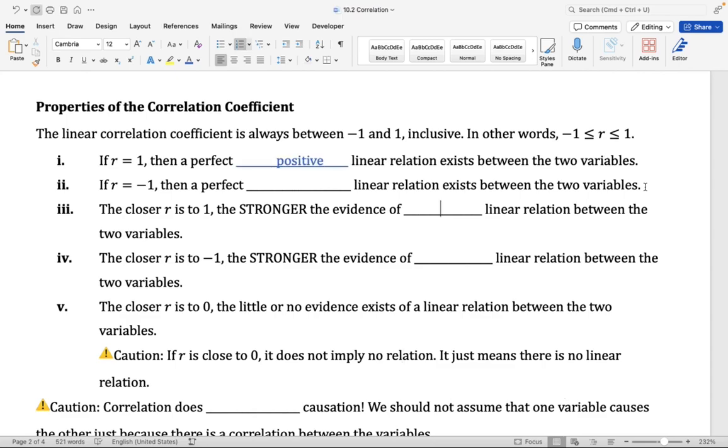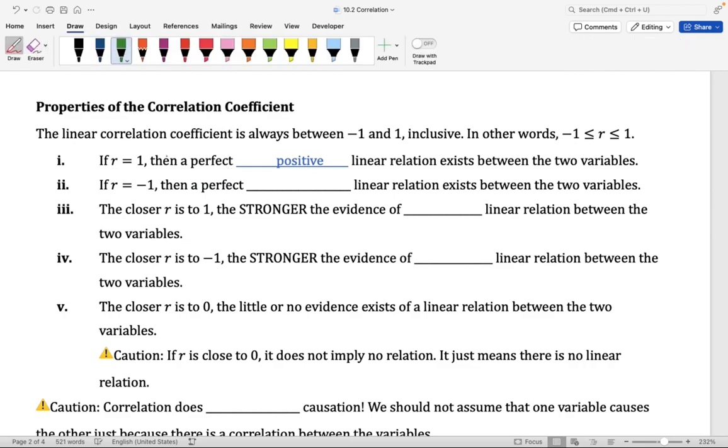Now, earlier I mentioned that the correlation describes the strength and the direction of the relationship between the two variables. And so here, notice we have an R value that is positive. Thus, we have a positive linear relationship. And here we see that R is exactly 1. That means we have a perfect, or you can think of this as a very, very strong linear